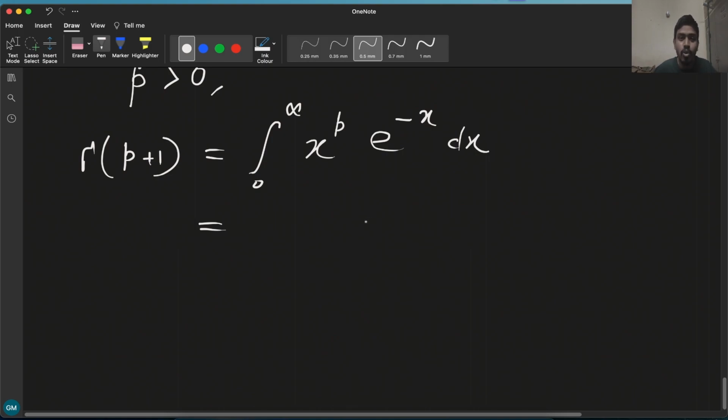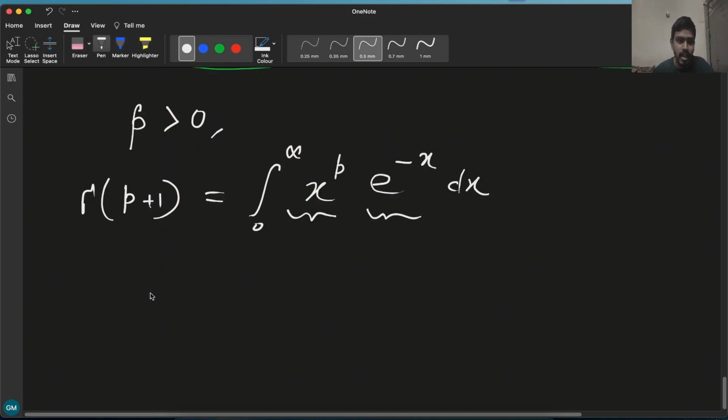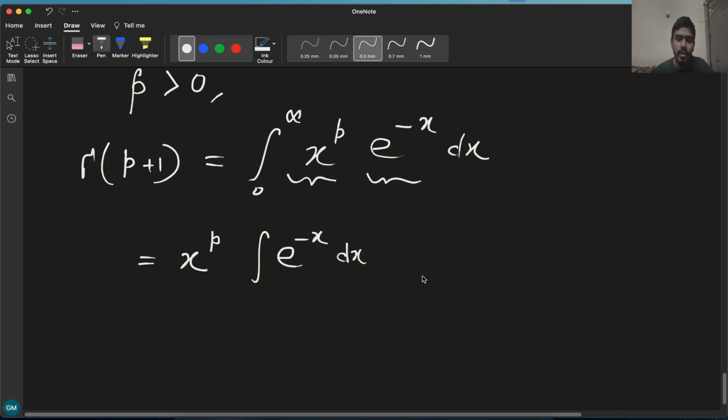What I need to do is integration by parts. So I can treat this x to the power p as the first function, and this as the second function. I can write this x to the power p as it is, and I will do the integration of e to the power minus x dx,